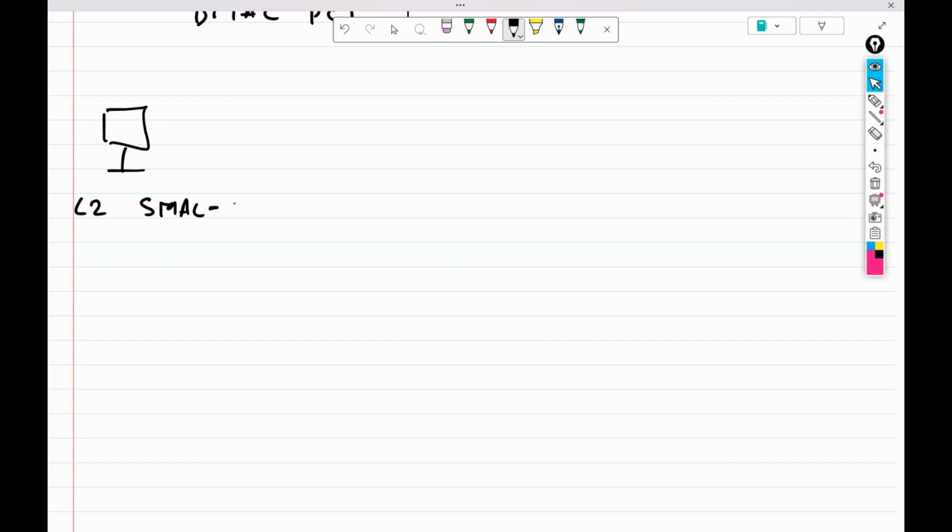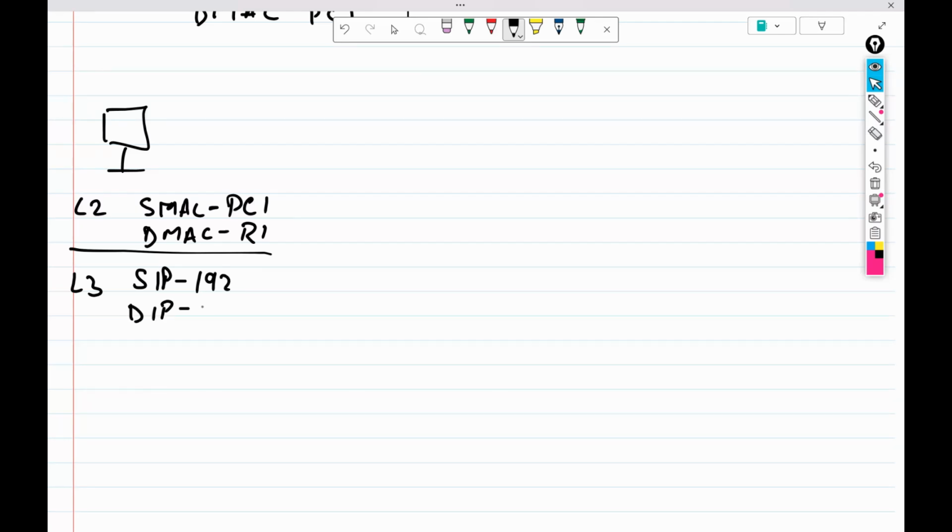So in layer 2, the source MAC is PC1's MAC address. The destination MAC is R1's, the default gateway router's MAC address. In layer 3, you have the source IP as the 192 address and the destination IP as the Google server's IP address. Then in layer 4, because you need to create a TCP connectivity with the Google server, you will have a